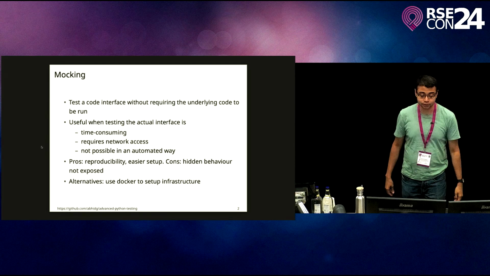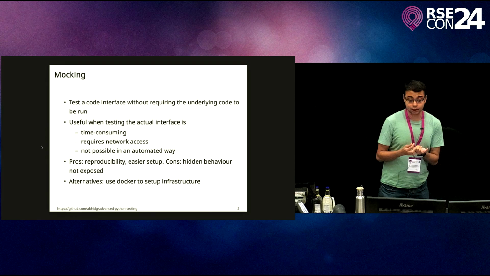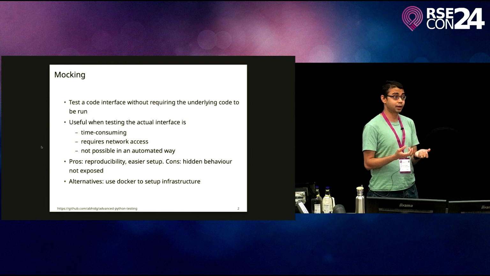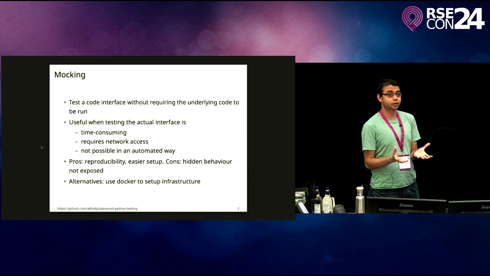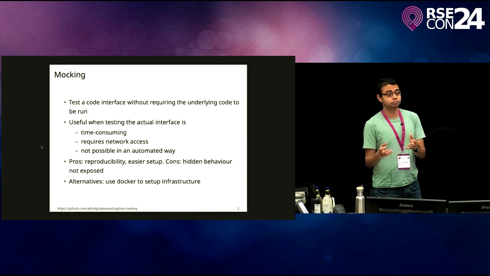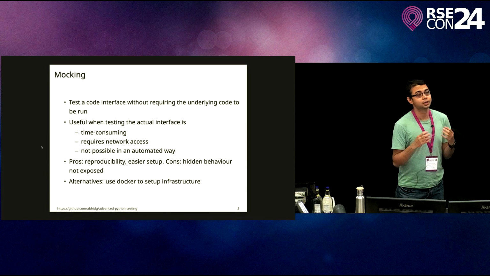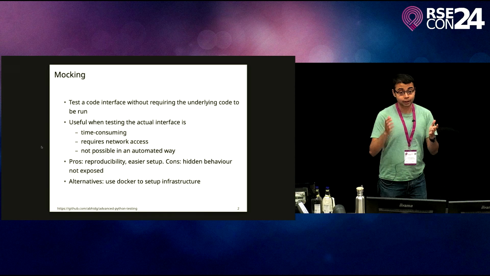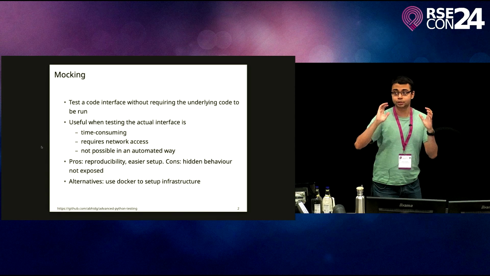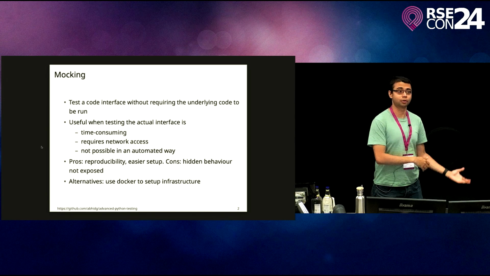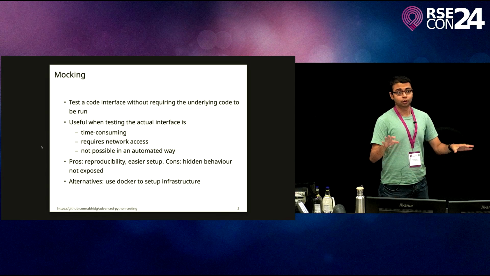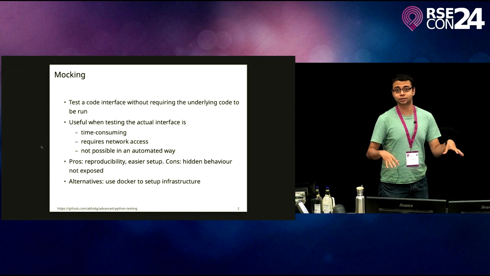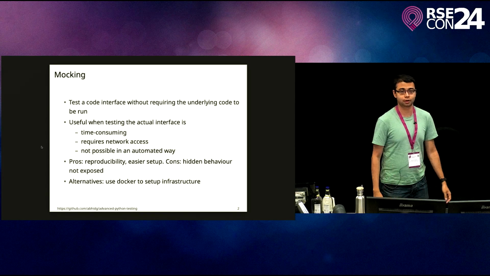As I say, it's when the actual interface is time-consuming, maybe it requires network access, maybe you're mocking something like hardware or a microphone or an instrument, which you really can't put into GitHub Actions. So you mock the interface. Here, I'll be giving examples in Python, but all of these are very general concepts, so you can apply them to other programming languages. Just Google mocking and your language's testing framework. They usually have something, like in C++